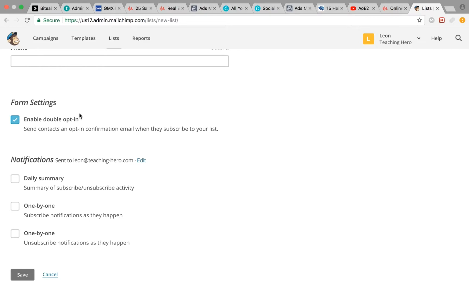So it sends contacts an opt-in confirmation email, and they then have to click on the link inside the confirmation email in order to really subscribe to your list. Now, I think this absolutely is ridiculous, but it is a law right now, and you don't want to mess with the law, especially of the EU, and that's why please, please, please, if you live in the EU,